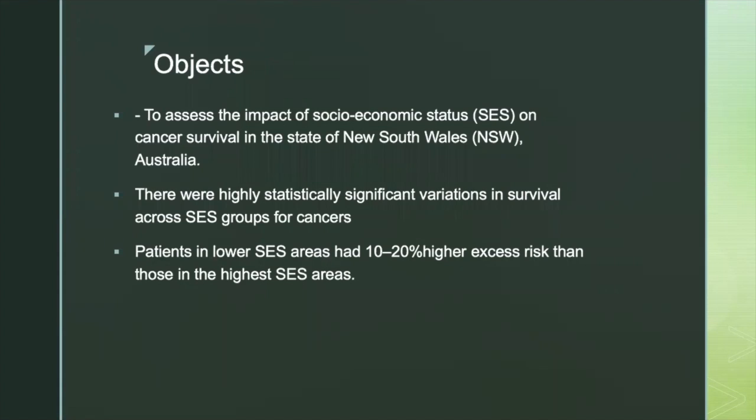Socioeconomic inequalities in cancer survival have been reported in many developed countries, with patients from the most deprived areas showing poorer outcomes for many cancers. Possible explanations for these inequalities include differences in stage of disease at diagnosis and access to and use of effective treatment. Patients living in socioeconomically disadvantaged areas may have poorer access to health care, which may result in delayed diagnosis